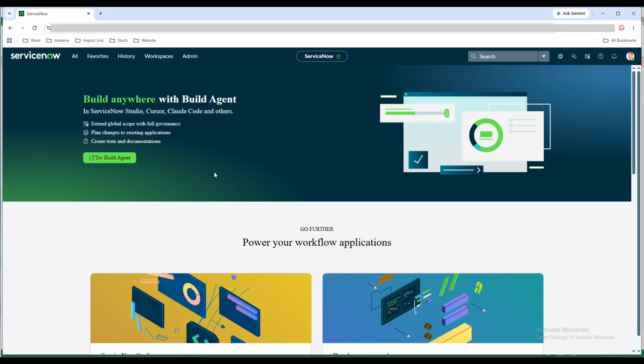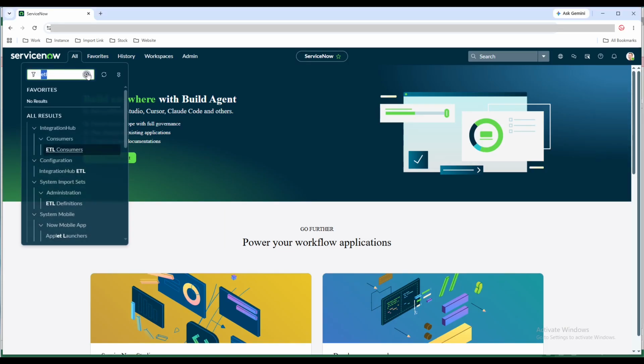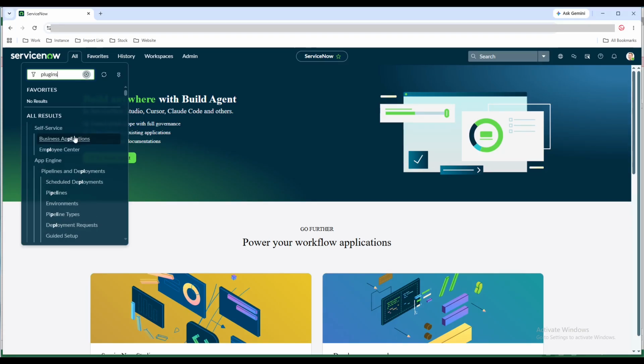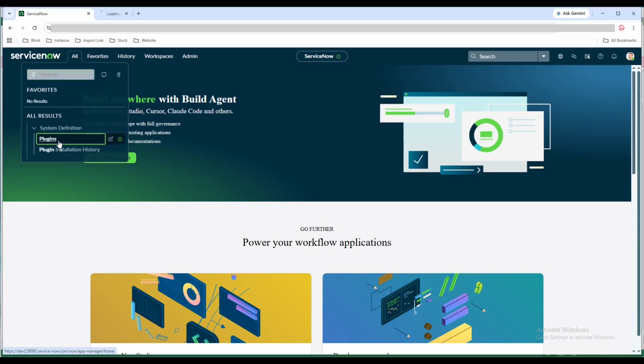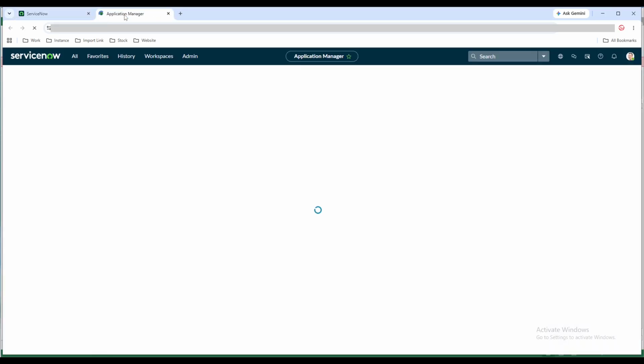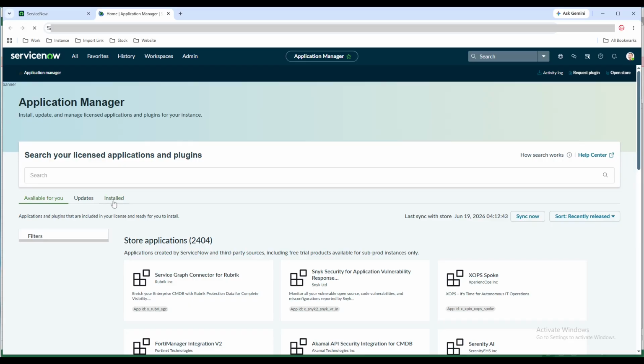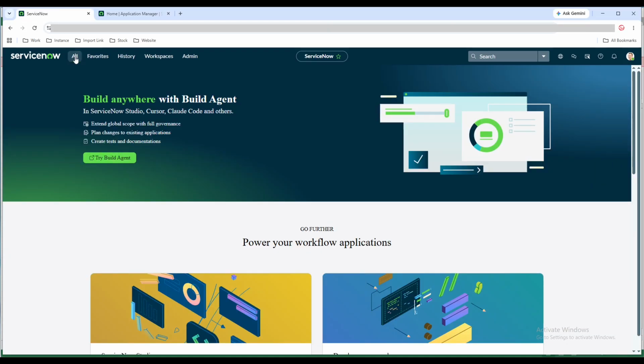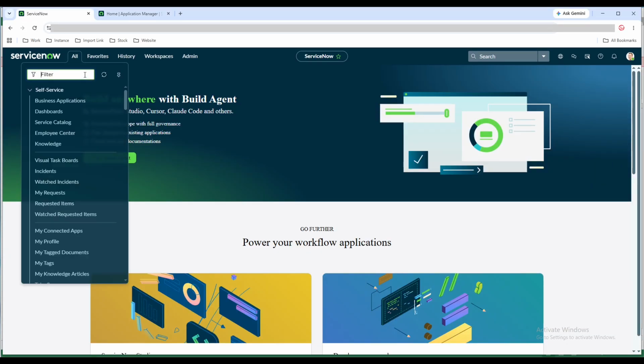So first thing is that you have to load a plugin called Integration Hub ETL. If you go to the plugins module and search for Integration Hub ETL, you should be able to see one plugin which I have installed already. I'll just show you. If I click here, install section, you can see the Integration Hub ETL plugin. It's a store application. You have to install this plugin to see these features. Once you install that, if you go to the left side and type ETL,